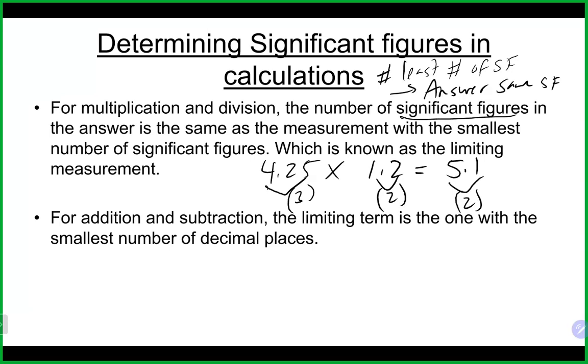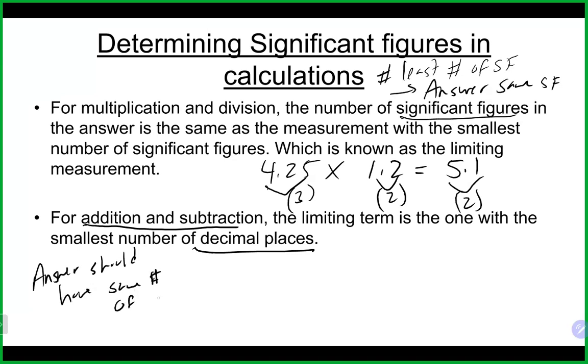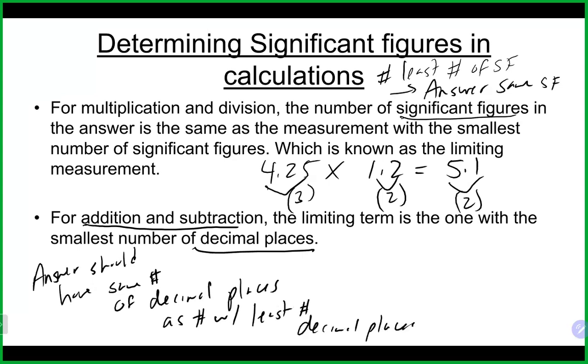Now, the other thing that we do is add and subtract. And when we add and subtract, we actually look at decimal places. And the answer should have the same number of decimal places as the number with the least number of decimal places. So if we had 4.256, 1.1, 3.0010,